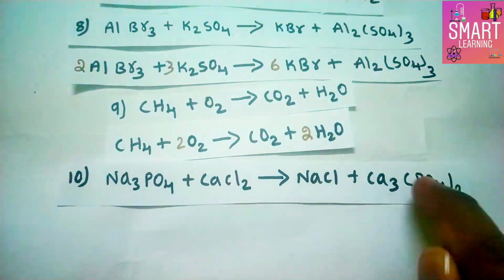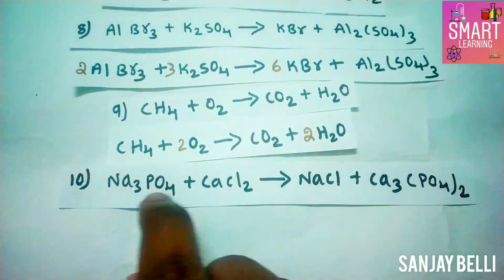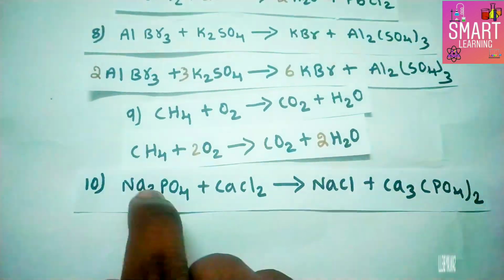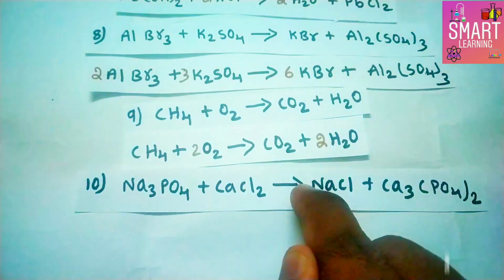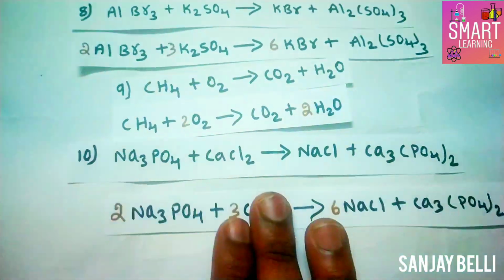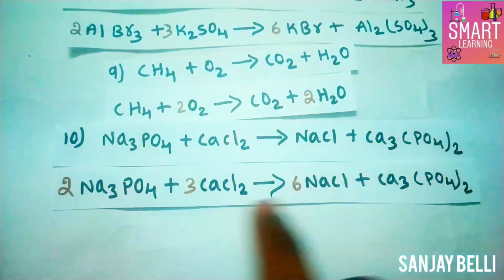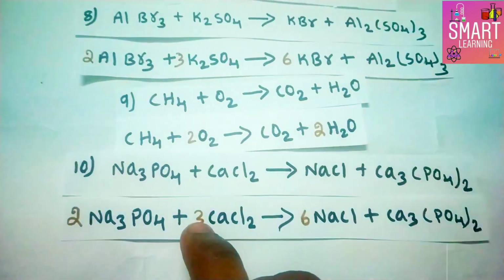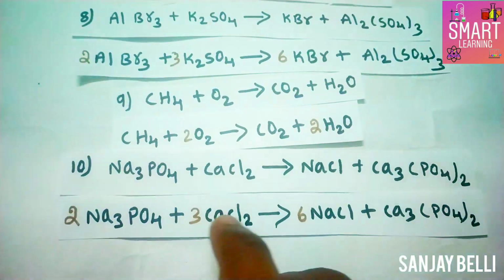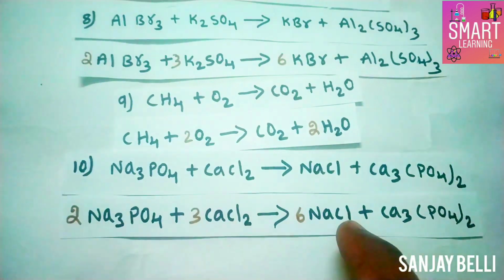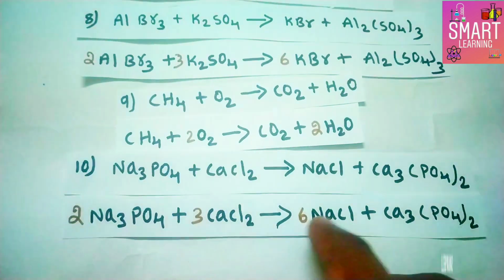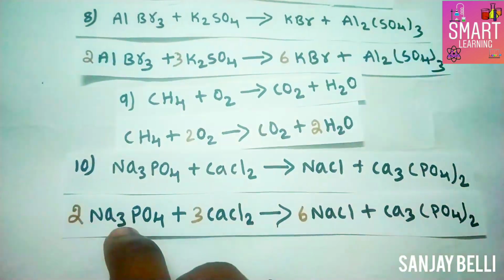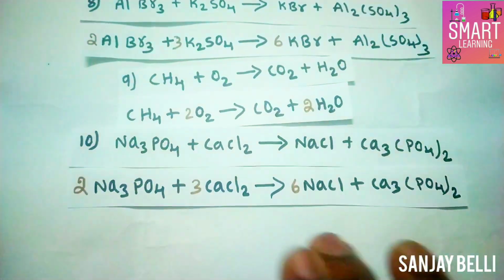PO4 whole 2, here PO4 2 having, here only one PO4 is there, phosphate, so here you have to keep a 2. 2 3s are 6, sodium will become, here you can keep a 6. Now this is your answer. How did we solve this equation? I said already Ca3, so here I kept 3, and also here you see 3 2s are 6 chlorines, so here you kept 6, and here PO4 2 it was there, so we kept here 2. 2 3s are 6 sodium, so 6 sodium, it is balanced.